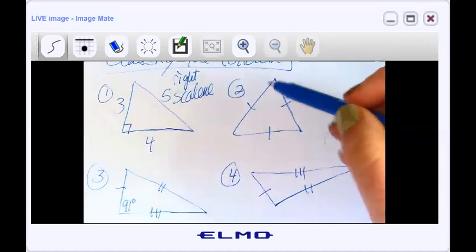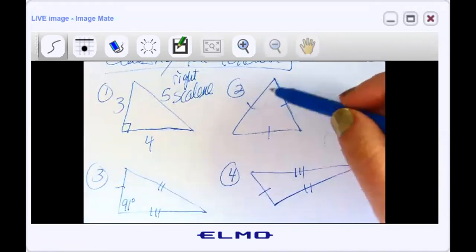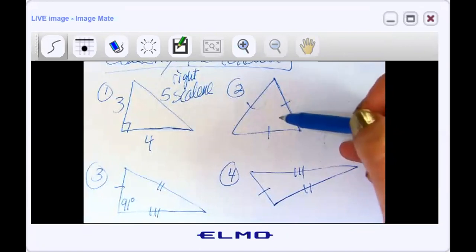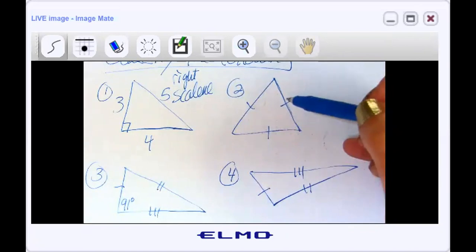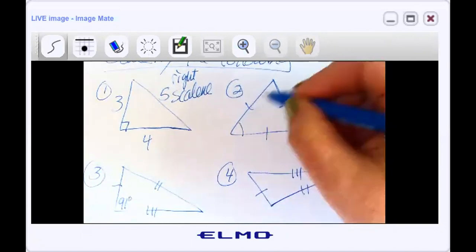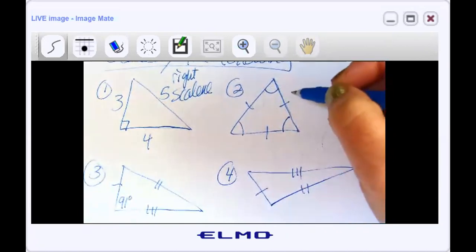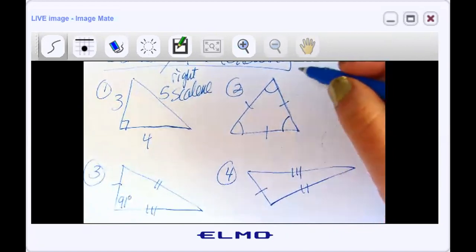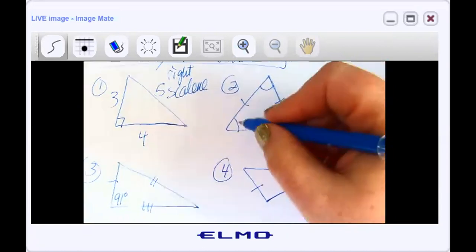Okay. Number 2. Now you'll notice I've marked all 3 sides the same. I didn't put anything in on the angles. We're going to learn this eventually, but if the 3 sides are the same, guess what that means about the angles? The angles are all automatically the same as well. Isn't that neat? So the only option for an equilateral triangle is to have 3 equal angles that are all 60 degrees. So these are all 60s,